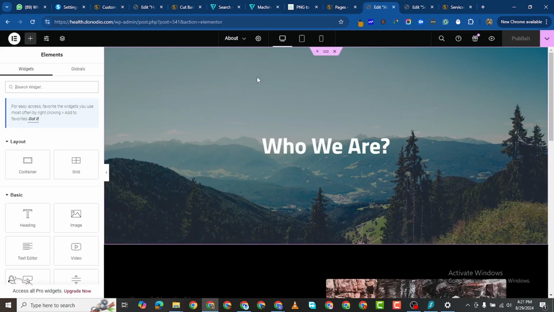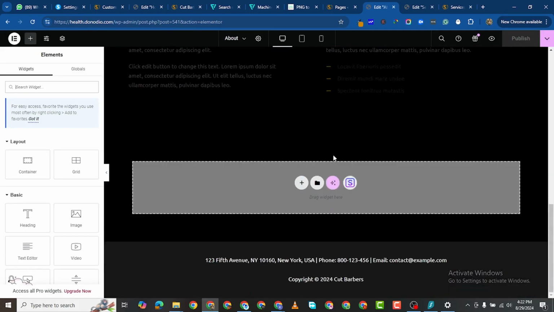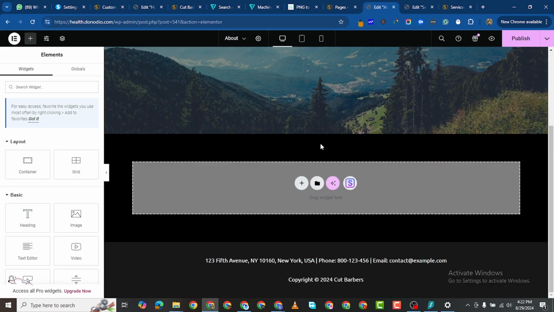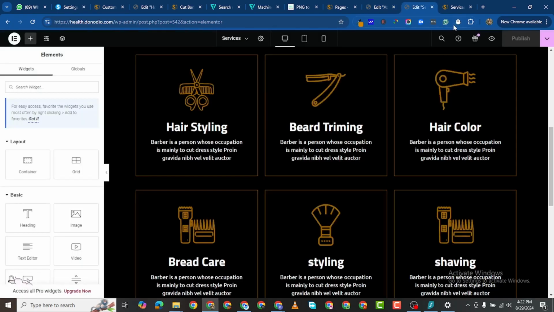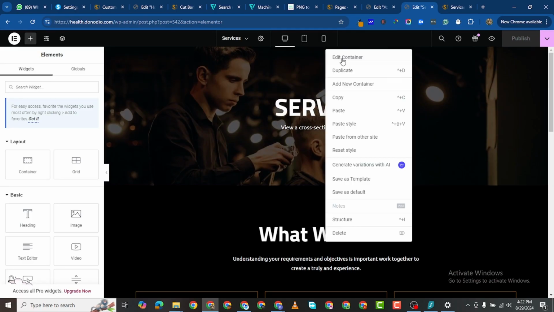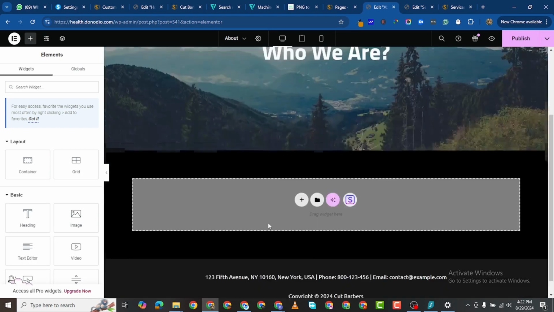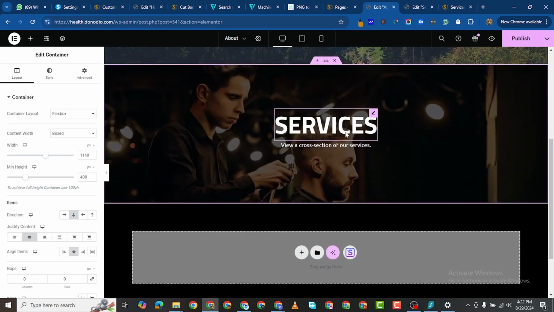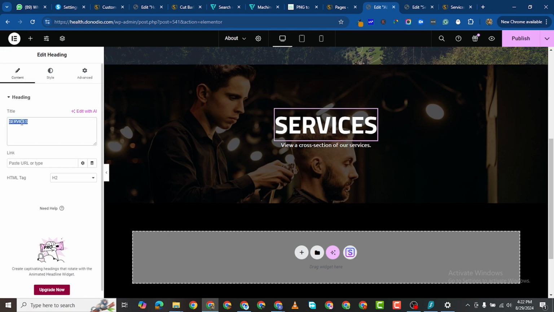And it's going to load. And now I'm going to remove these two. What I want to do is edit. I want to copy this here. I'll just copy this section, and paste it here. So I'm going to say About Us,